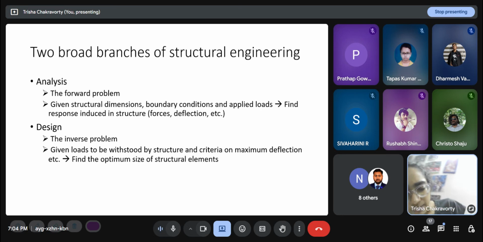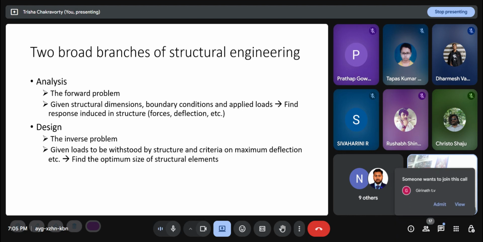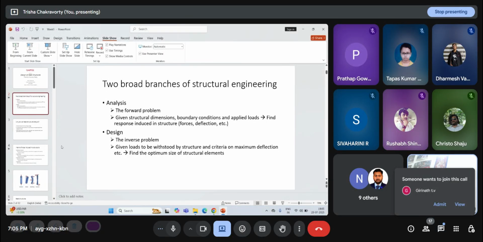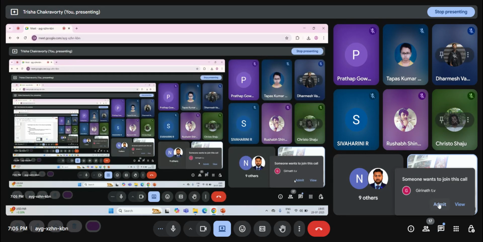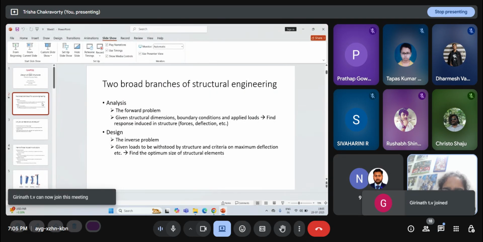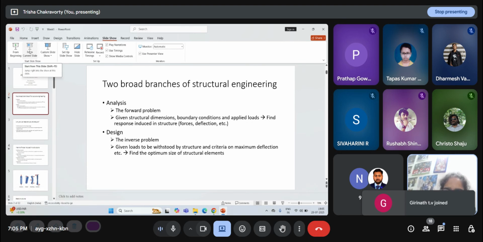I'm talking about concrete structures, because mostly the building you are sitting inside is a reinforced concrete structure. So I have to decide on the material and the dimensions, and there will be some inherent boundary conditions incorporated. Suppose a room, I have a slab, I have four columns at its ends, I have four beams on top, and then there will be secondary beams. So there are some inherent boundary conditions which are incorporated in the plan. So I have to take a call about the materials and the dimensions.